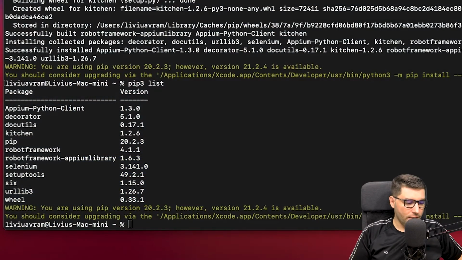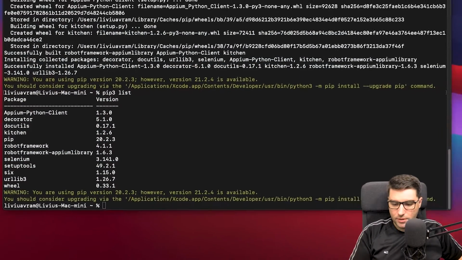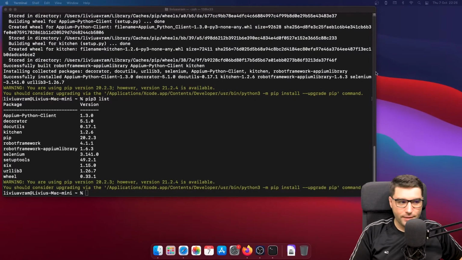Now the problem is that I do not have Appium installed, and now we will install Appium and the other prerequisites that we are going to use for our automation projects. And we will start by installing, first of all, we will install Java JDK. So I have here the link. I will just open this in Safari.